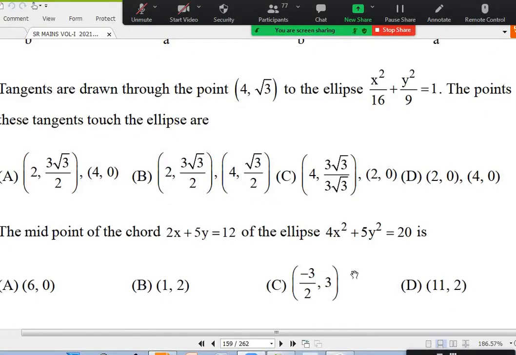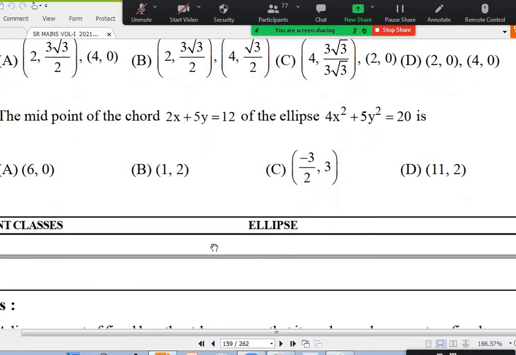Is it okay? 74? Okay. Anybody doubt about 75? Okay. 75. If you know the midpoint, finding the chord is very easy. S1 equal to S11. But if the chord is given and you want to find the midpoint, I don't recommend